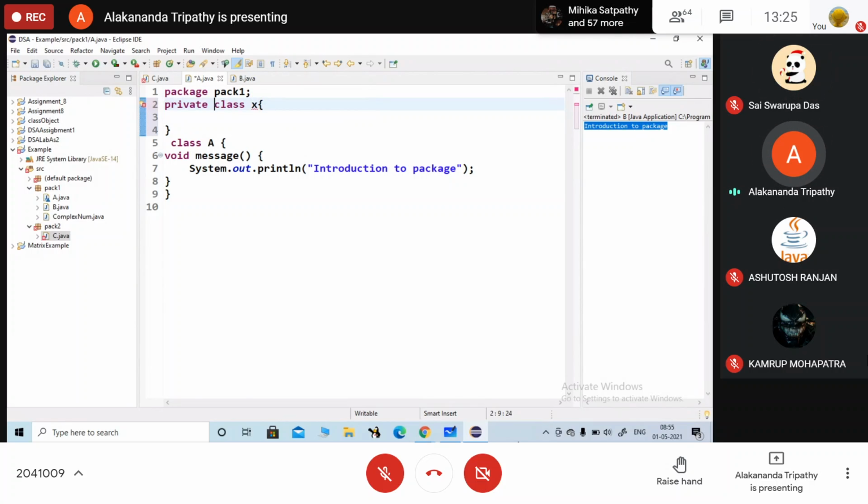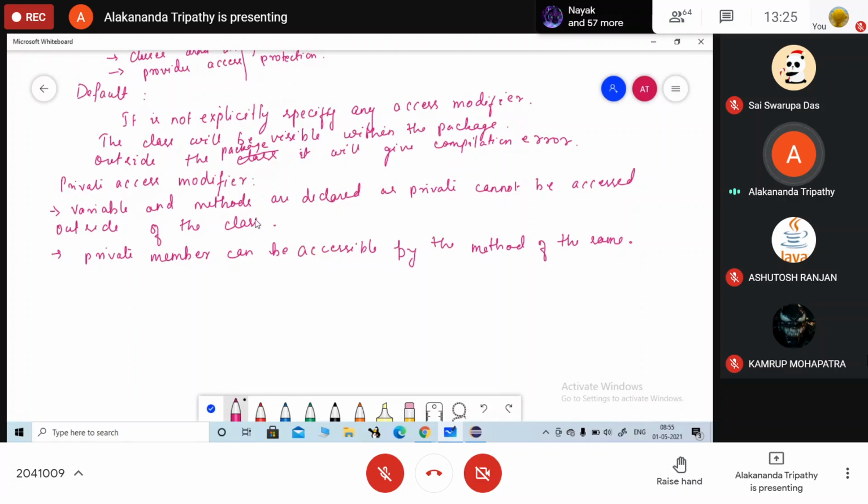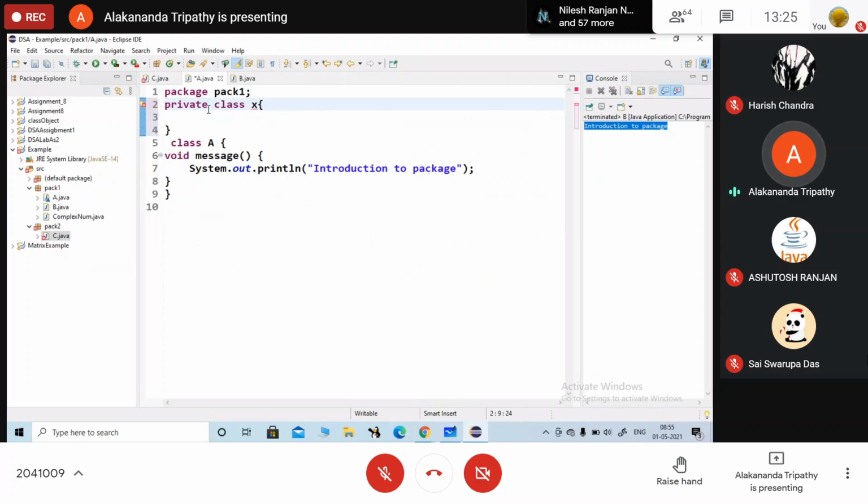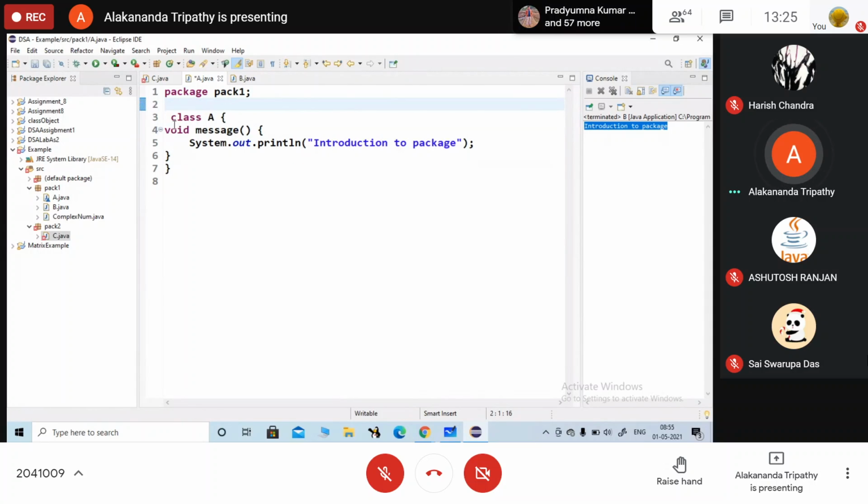Illegal modifier. So what is the definition here? We can make private variables and methods. We cannot go with private here. Illegal modifier for class X, only public, abstract and final are permitted, or default you can provide. We cannot write a class as private.